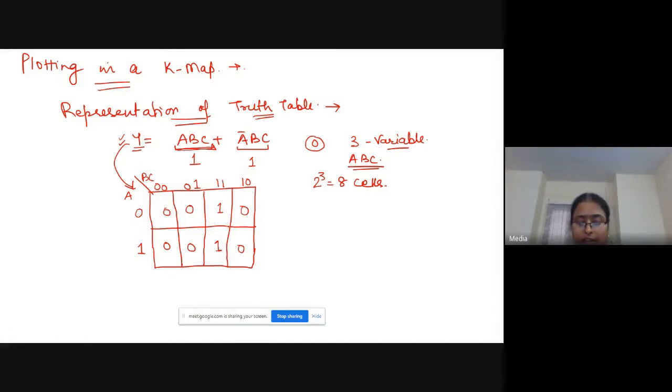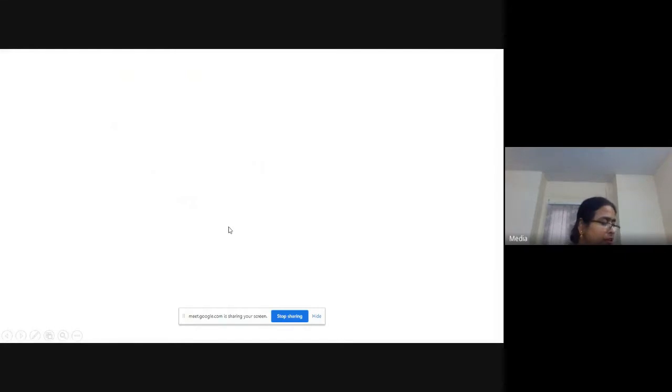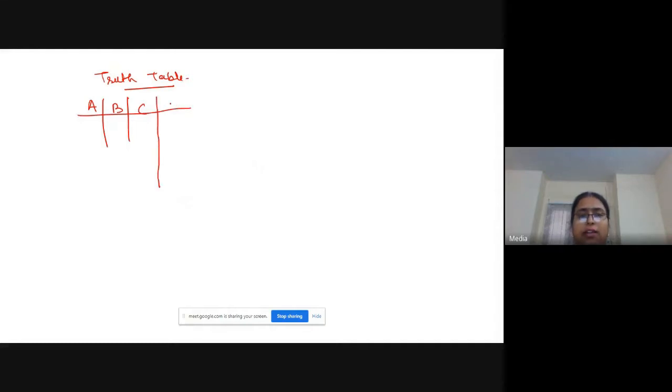Clear? So if I am given a truth table, it will be given like this. The truth table is also represented with A, B, and C as my variables, and this will be my output for the corresponding variables.